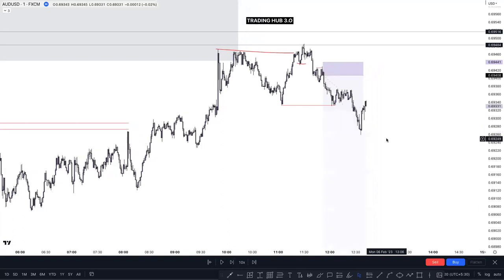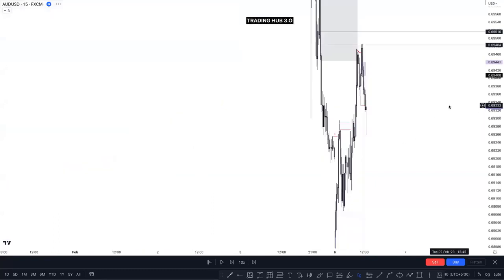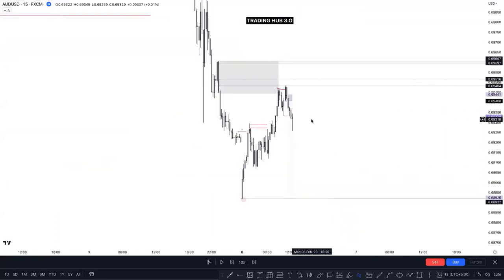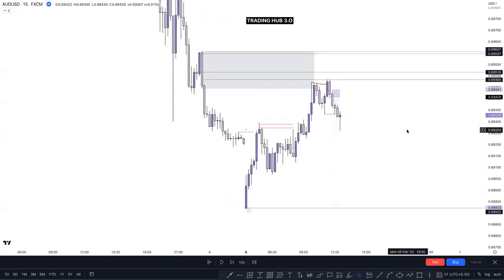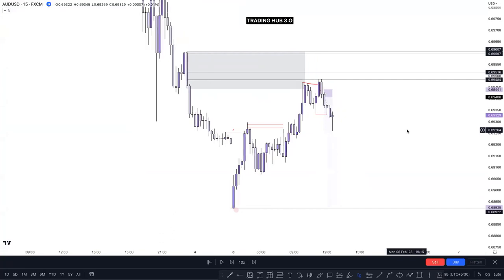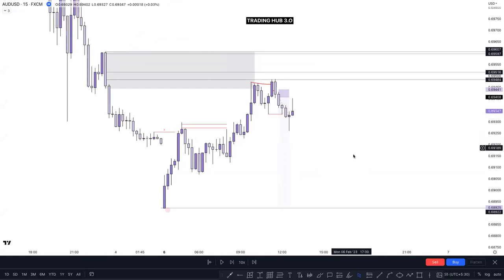Now again, you have to switch to the 15 minute time frame to see exactly what the market is doing here, and you can take an entry based on a previous candle's high or low sweep, as I mentioned recently, right? Right now there is no candlestick sweep here, so you have to wait for confirmation. So let's see what happens. Okay, look at this one. This previous candle took out the liquidity here. So once the market takes out the previous candlestick liquidity,